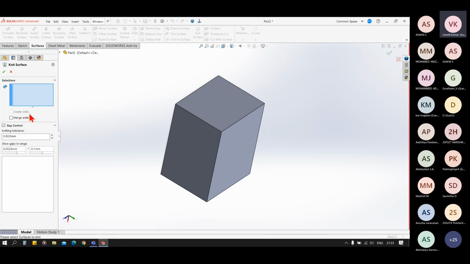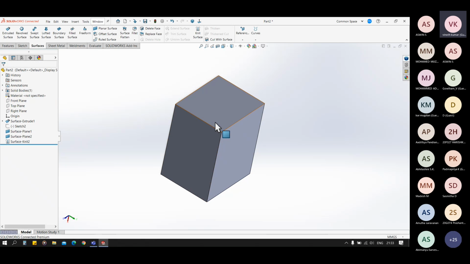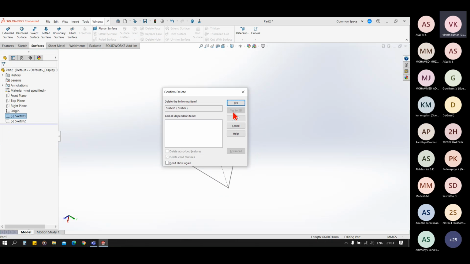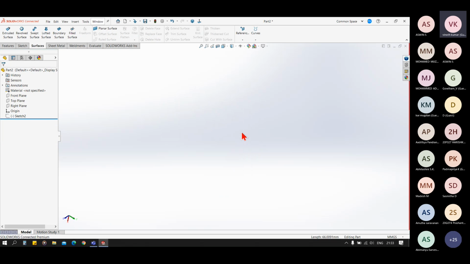We have this create solid option for creating a solid body, but for create solid you must have closed surface bodies, there may not be any open face. And we can thicken using an open face also.